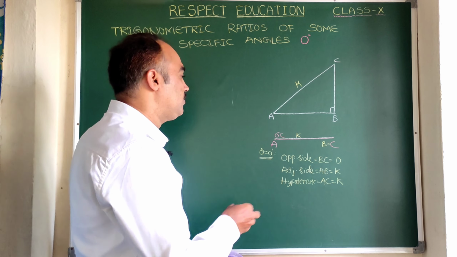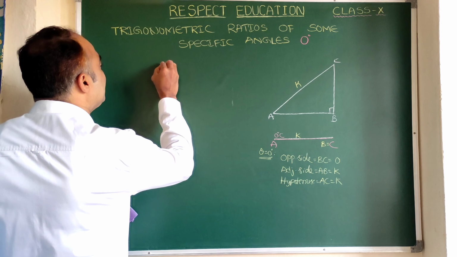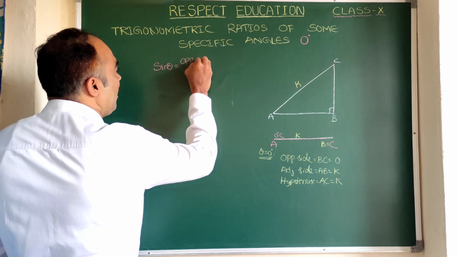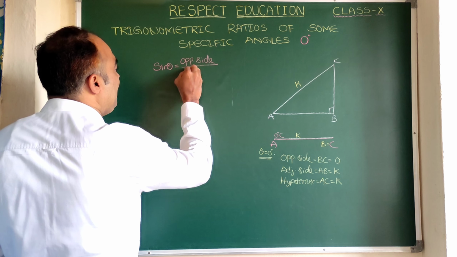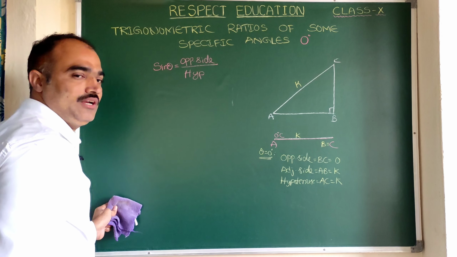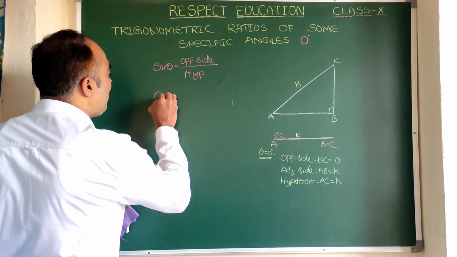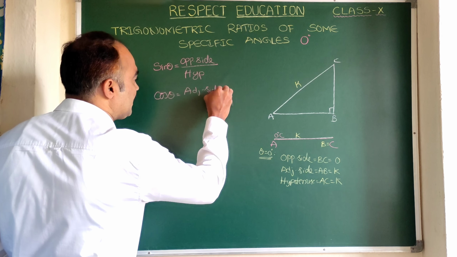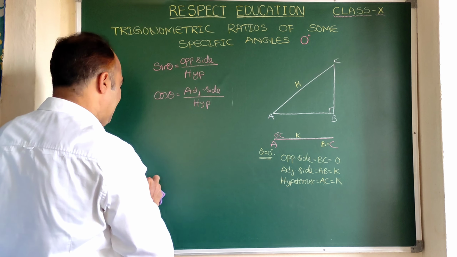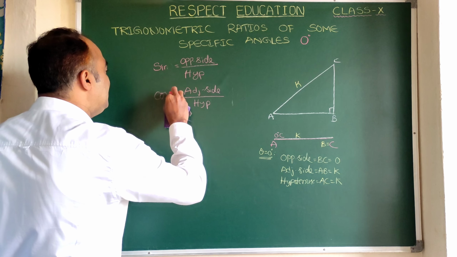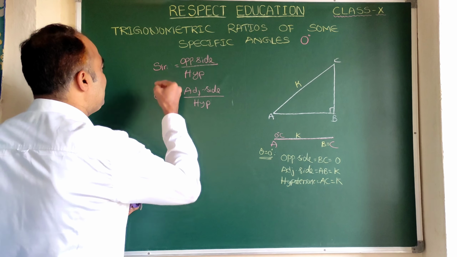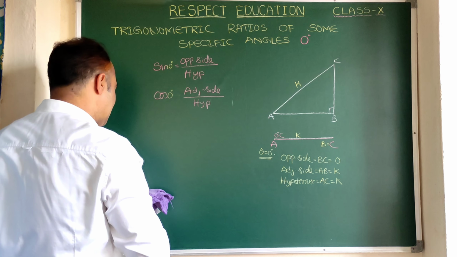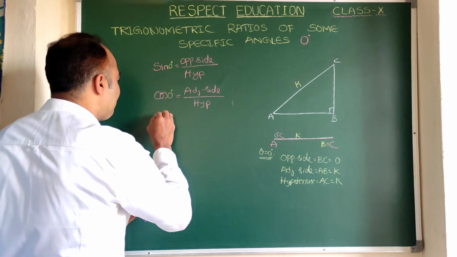Clear? Now we are going to write the values of each trigonometric ratio, that is, sin theta is equal to, what is the formula? Opposite side to theta by hypotenuse. In short I am writing HYP. Same way, what is the formula of cos theta? Adjacent side to theta by hypotenuse. Here I replace theta with 0 degrees. So sin 0 degrees equal to, same way, cos 0 degrees equal to,